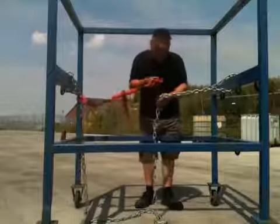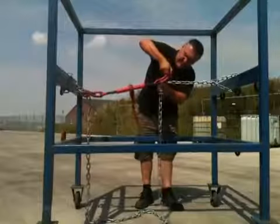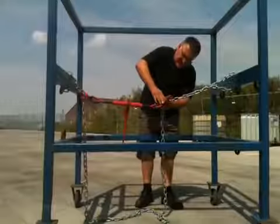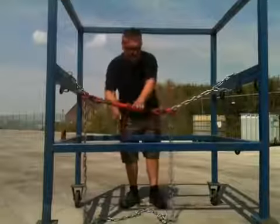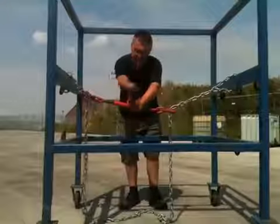Okay, so then get as much, see how I'm pulling as tight as I can with both left and right hand, because if we don't, the more slack we have in there, the more this has got to take it up. Once we've got it on there, we just basically, just like a normal ratchet,